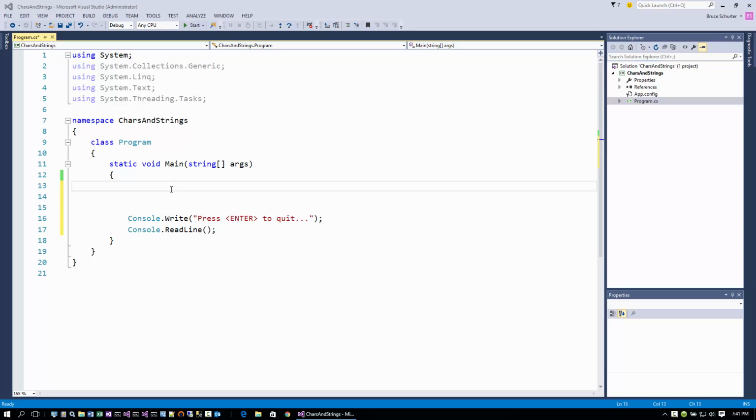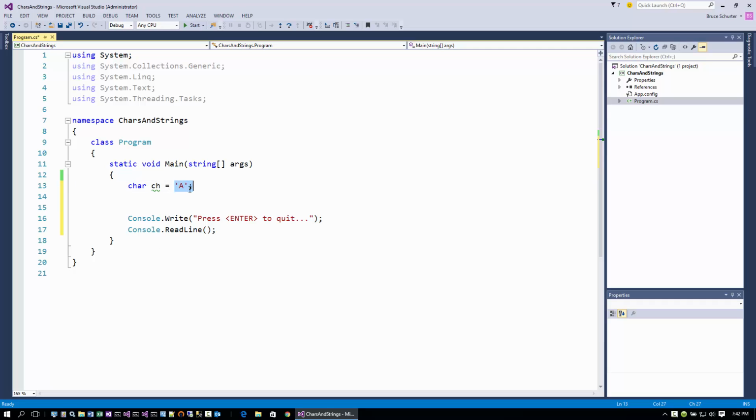In this video, we are going to discuss the character and string data types of the .NET framework. The character and string data types represent the text handling capabilities of C# and all of the .NET framework languages. A char, or char, depending on who you ask, is declared like any other value type, except when you assign